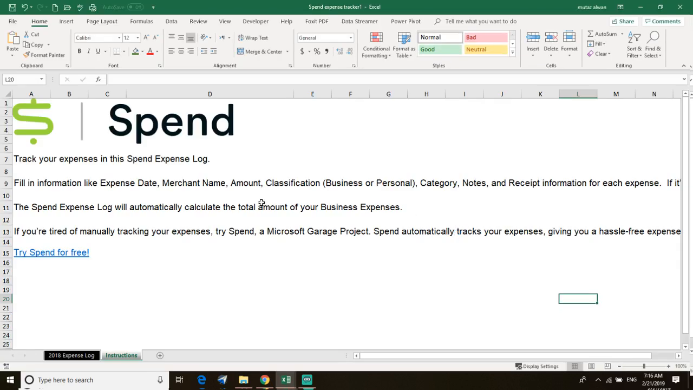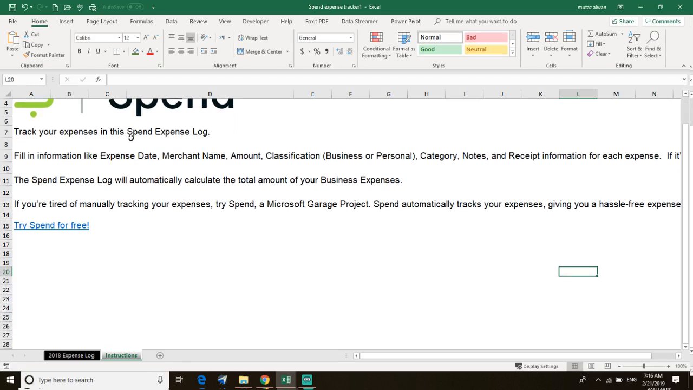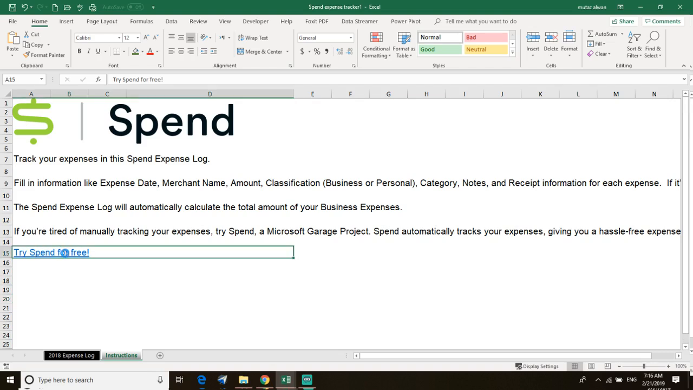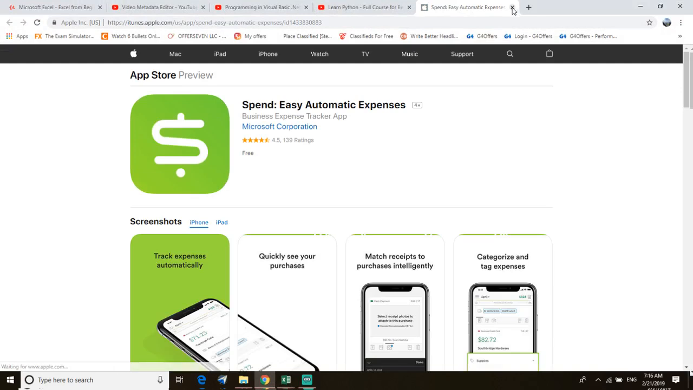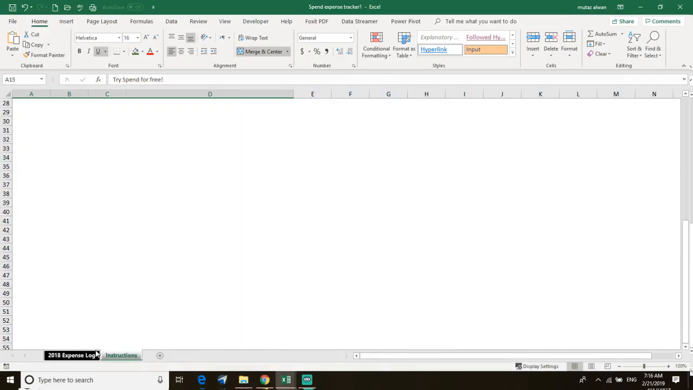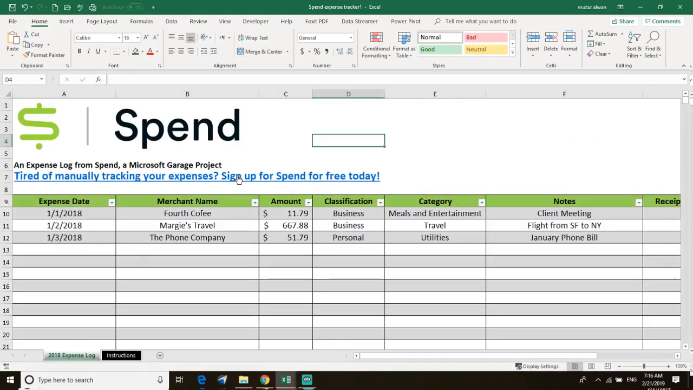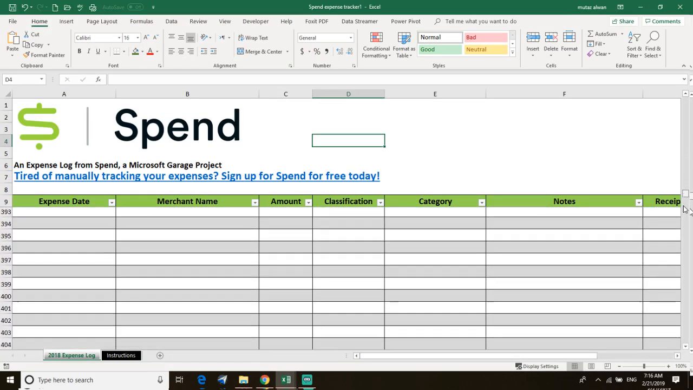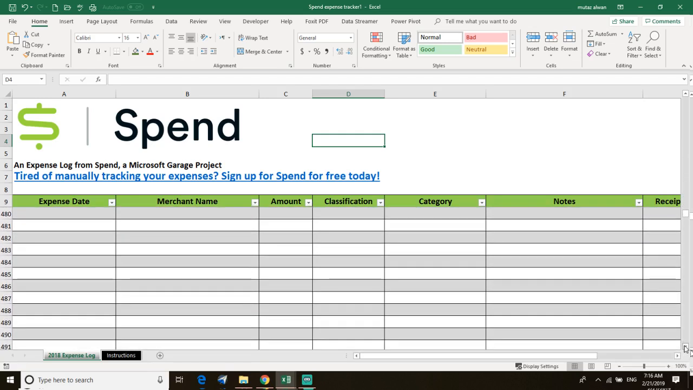Create, track your expenses in this spend expense log. Now, it's taking you to another website, and that's not what I wanted. I want a template. See how many expenses you can add here if you want, like make your receipts, your